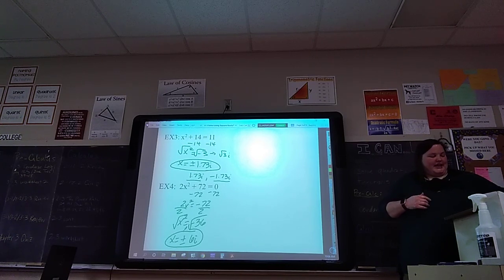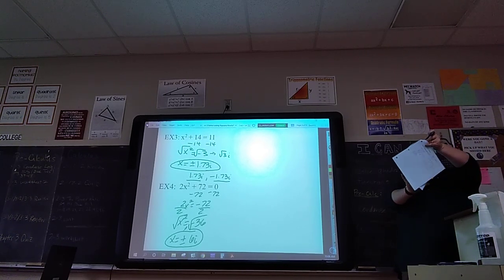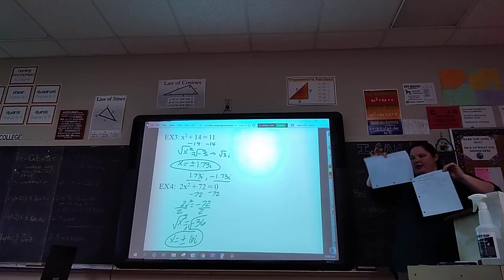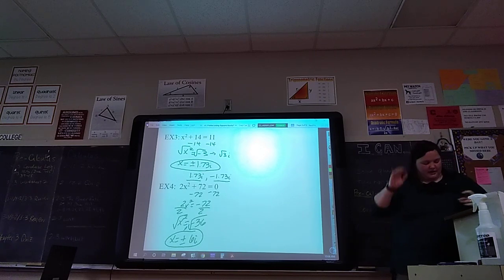So you do have a little exit ticket, and I actually did attach it to your note sheet this time, so you can go ahead and just do it on that blue paper. So when you're done with the exit ticket, just rip it off the blue paper, keep the front page, and turn it to the back page. And they also have a little worksheet